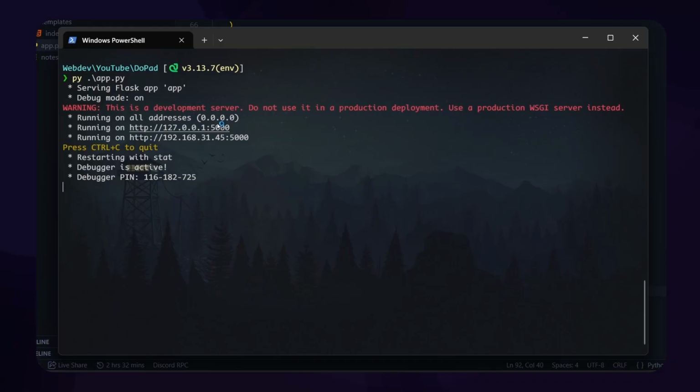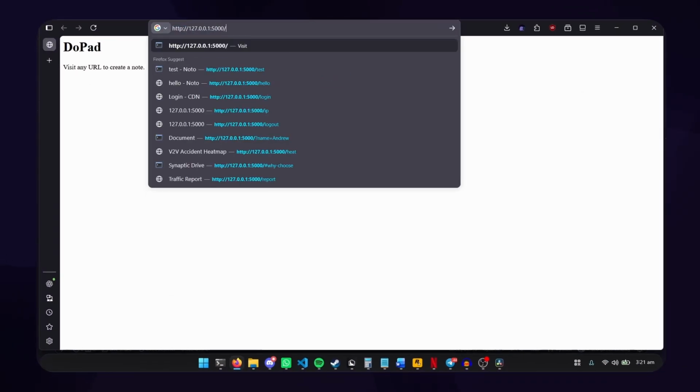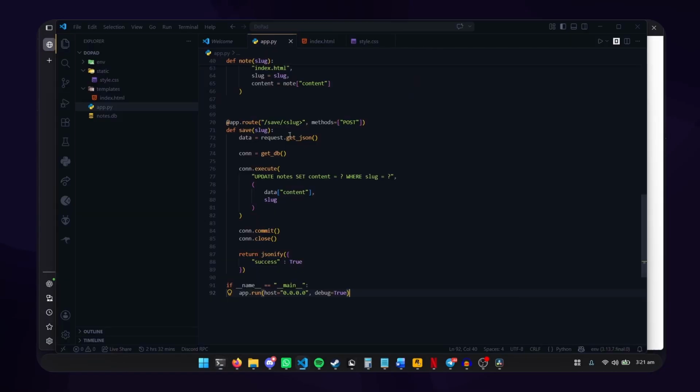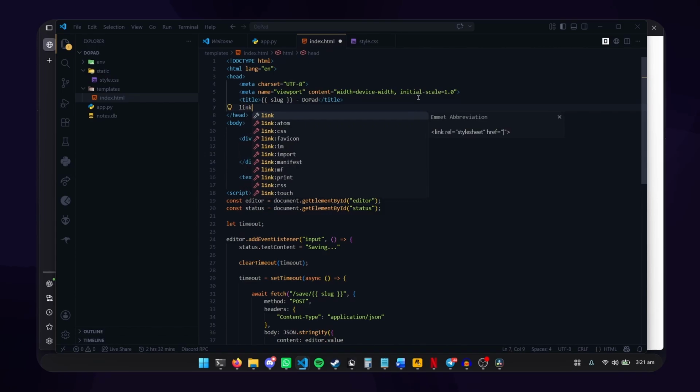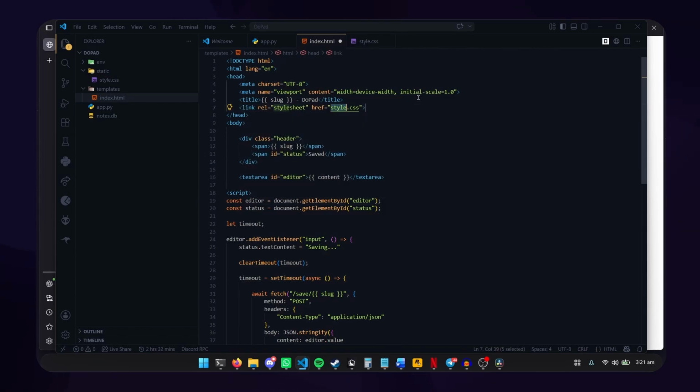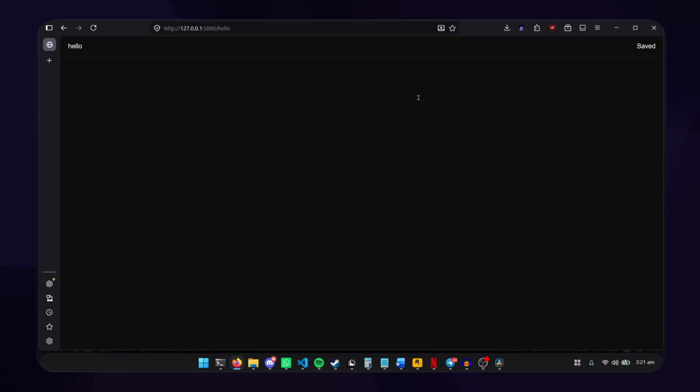Well, it's running, and if I click on the browser, it opens the browser and it's asking me to go to a URL. So let's just go to hello, and I can see that our CSS is not loaded. So if I go here and do link, where is the CSS? Yeah, styles, and I can just do /static/style.css. Now if I reload it, look, it works,